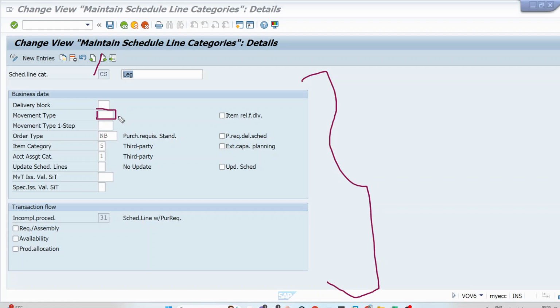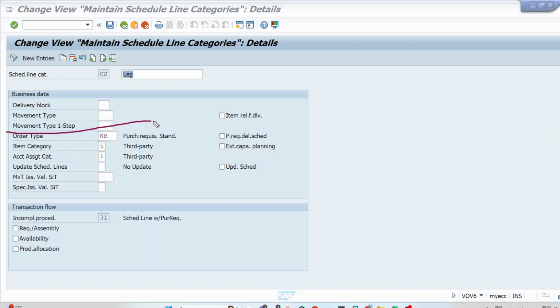So that is the reason there is no movement type maintained here. And why is this not checked? Because there are no relevant items for delivery, because the delivery whatever is happening, it is happening outside of SAP. So that is the reason that this is unchecked. And for the first time, we are seeing these three